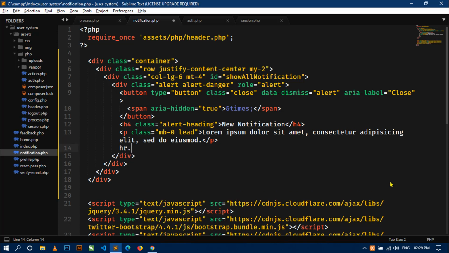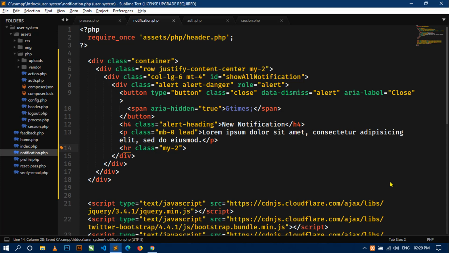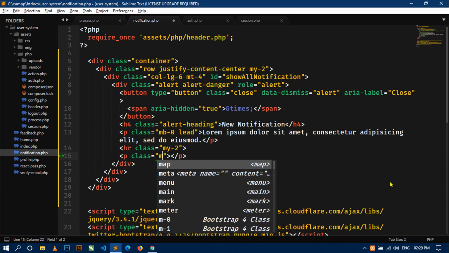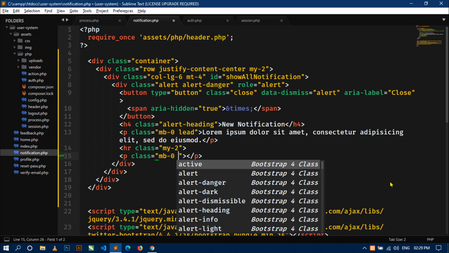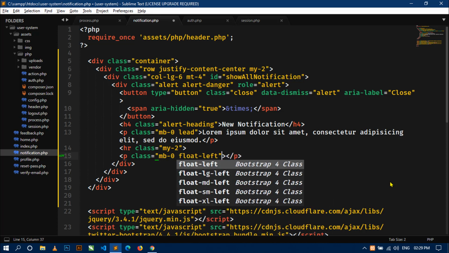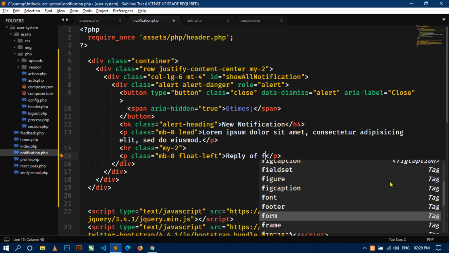So I will use hr, and in class I will use margin top and bottom 2. Now again I will create a p tag with margin bottom 0 and float left. Now here I will write